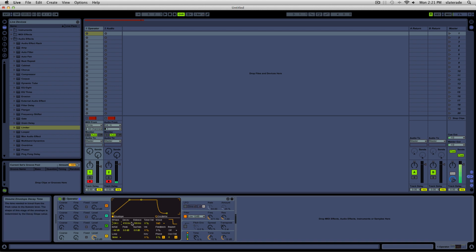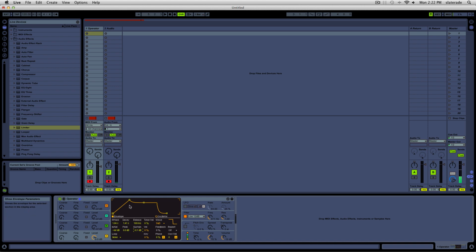And so we move on to the next 2 controls, which are your decay and sustain. The reason I'm talking about those together is because they work in conjunction with each other. What sustain does is, once it hits this point, it says, hey, I want you to move to this point now, however it's laid out. In this case, it's still at 0 decibels, so there's nowhere for it to travel, so it says, okay, cool, we'll just stay here. But if I lower it,